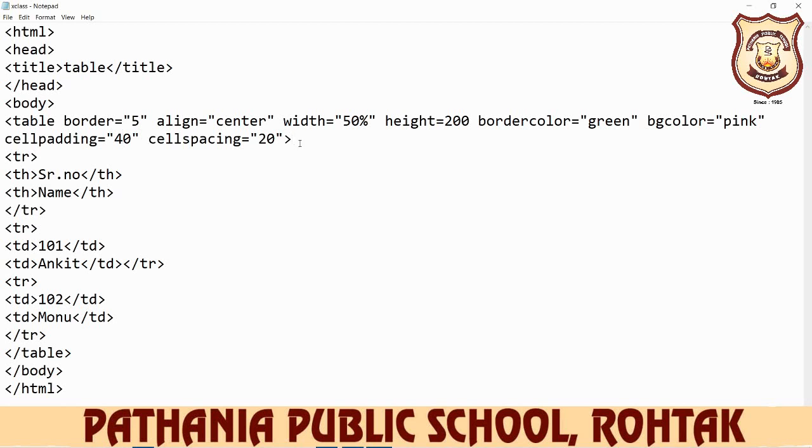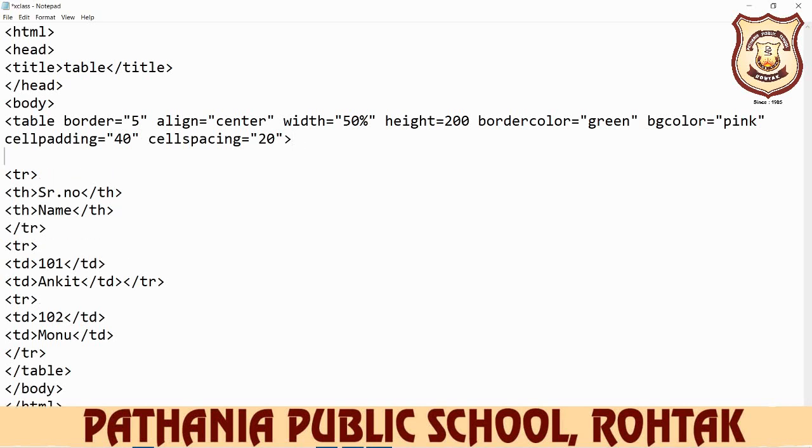So you can write here after the table tag, caption, and in the caption, for example, we write students record.